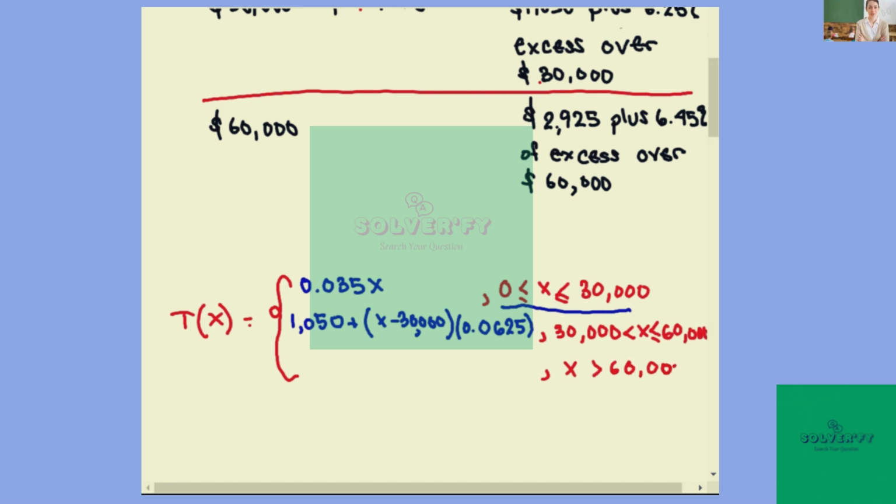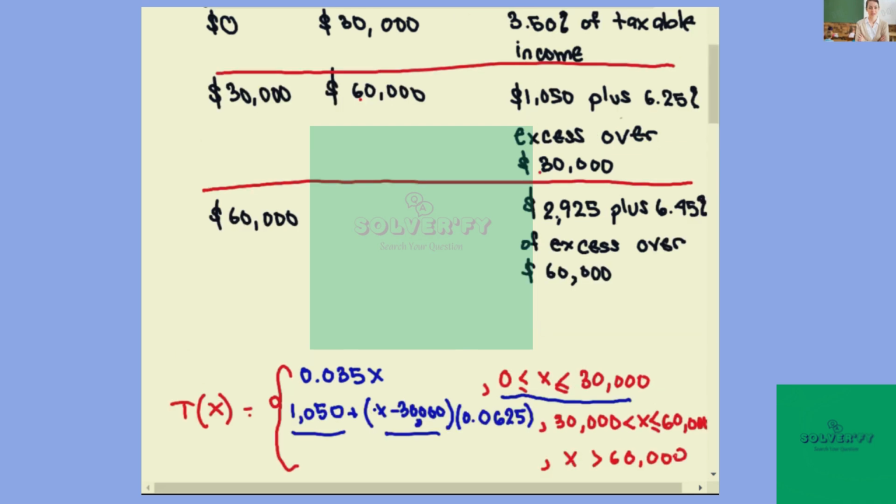Notice the difference between the first part and the second part. In the second part, we have to add 1,050 first, and then whatever is in excess of 30,000, we subtract 30,000 from x and multiply that by 6.25%. Now in category 3, if the taxable income is above 60,000,